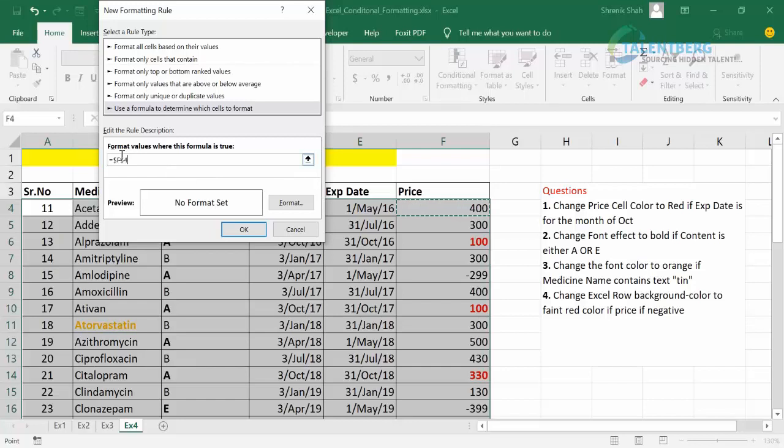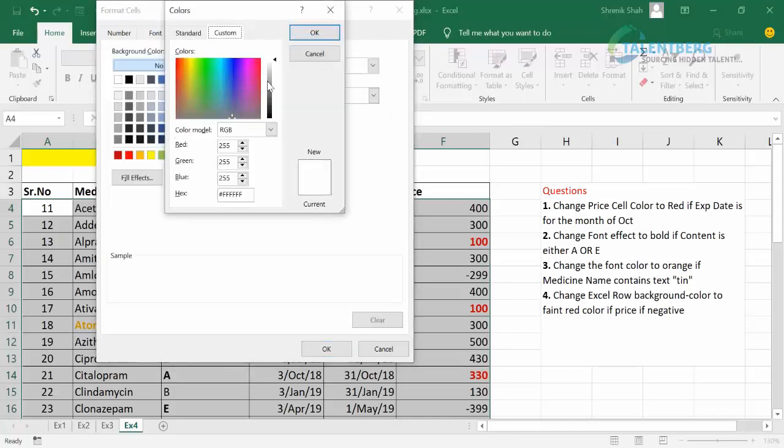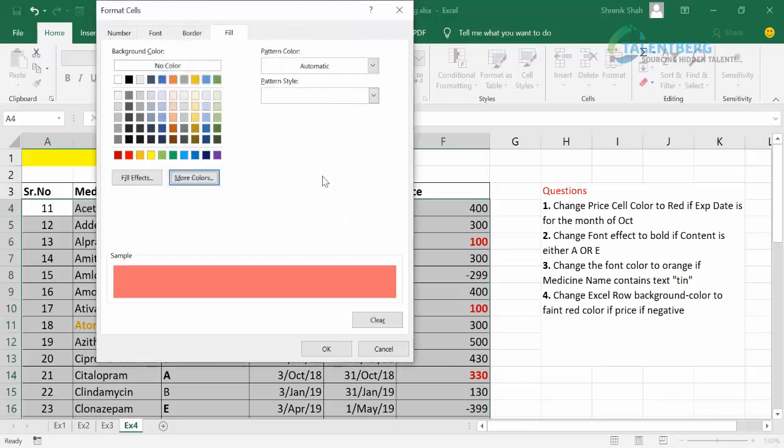I select that and remove the dollar symbol. Why remove that dollar symbol? Because it must take effect for the next prices, if the price is less than 0. If it is negative, then only change the fill color to faint red. You can customize any color of your choice and click on OK.